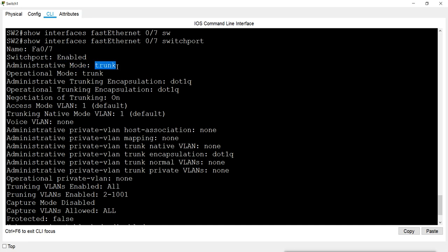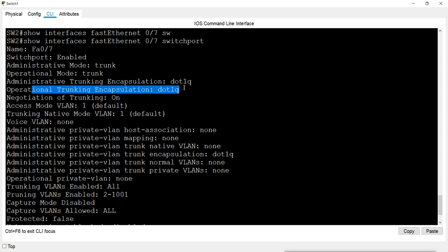Administrative mode means we have converted it into trunk permanently, and operational mode is also trunk. Right now it is also working as a trunk. The administrative trunking encapsulation is dot1q, meaning 802.1q.